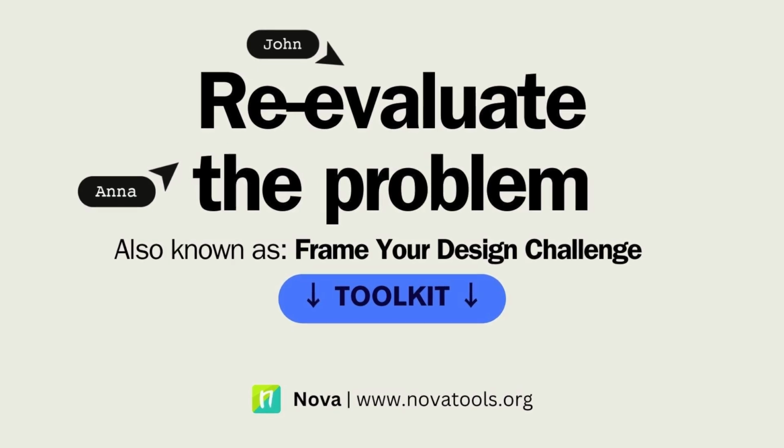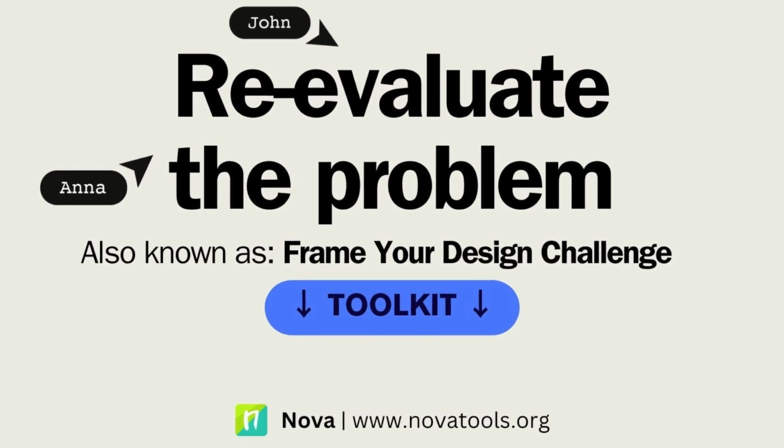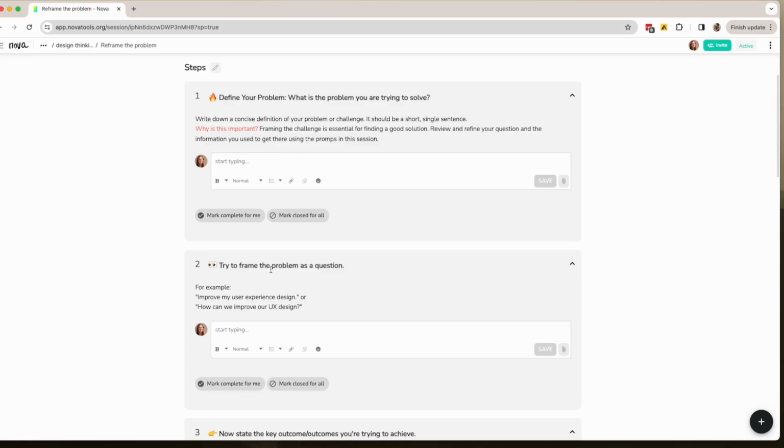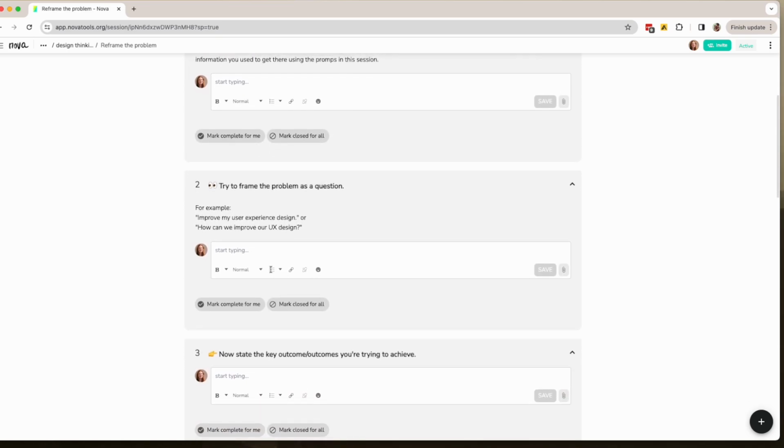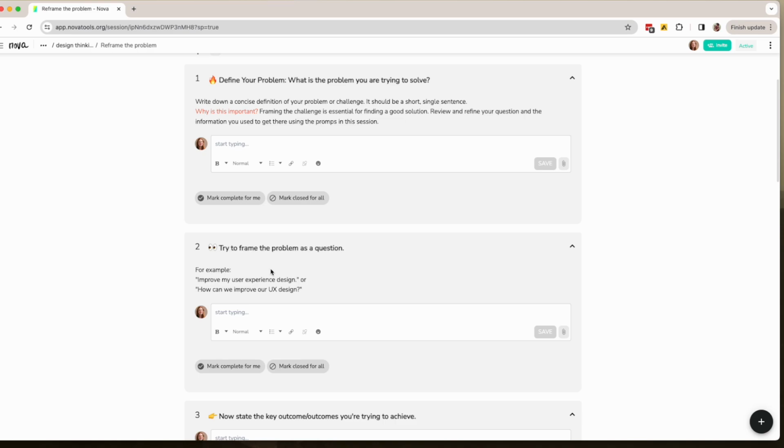It's very common to start thinking about a solution or design without really taking enough time to understand the problem, or evaluate if all team members understand the problem the same way. Framing challenges or problems is a tool used in design thinking to effectively consider the problem before focusing on a